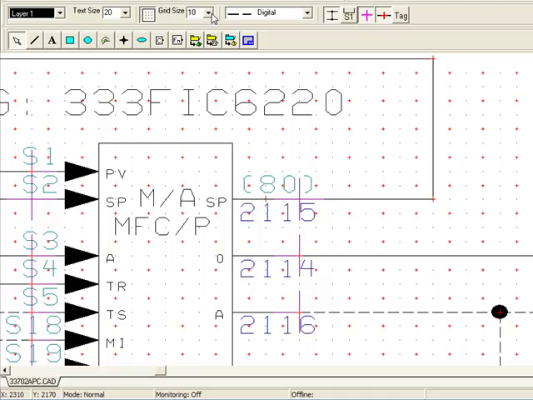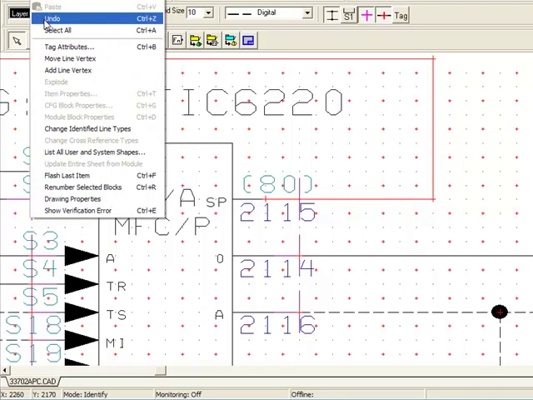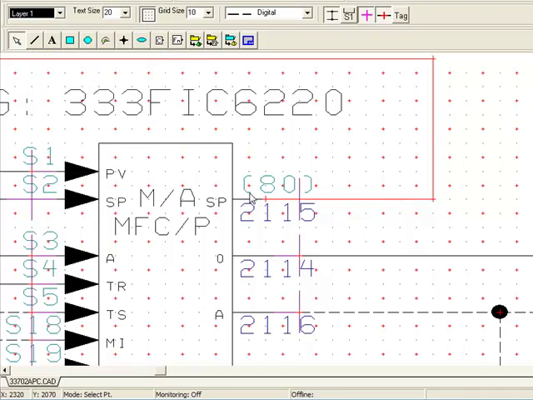When you move the grid down below the standard 20 by 20 size that CAD EWS and WinTools use, you'll see that the grid here is a combination of the standard grid plus red crosshairs. Now the red crosshairs are the standard 20 by 20 grid, and the regular grid points are your now new 10 by 10 grid. Now we can identify the point by clicking on the Edit menu, Move Line Vertex, and